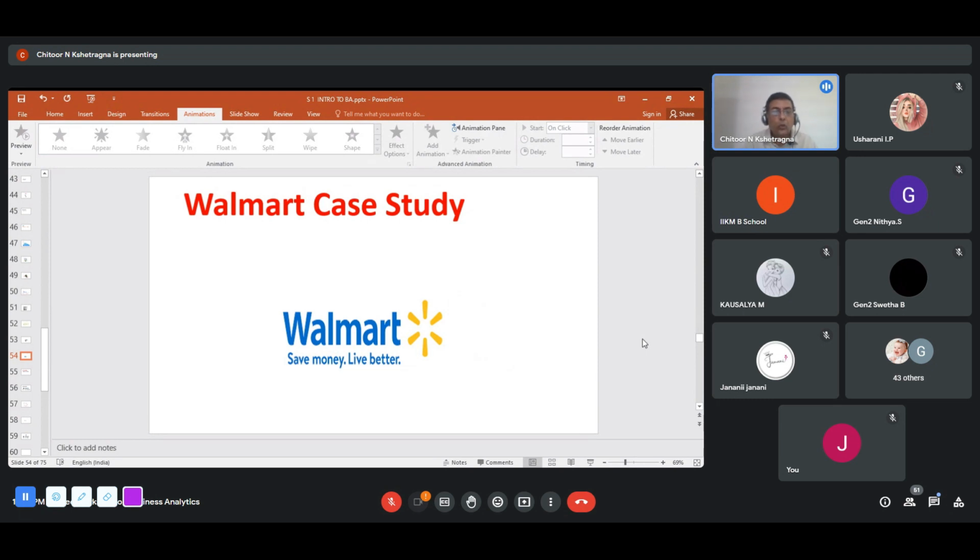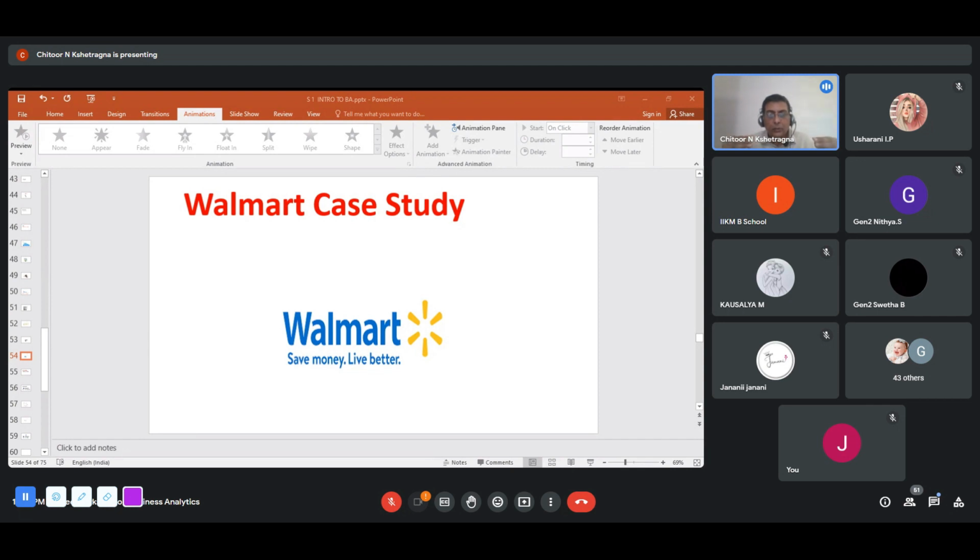I'm not too sure how many of you know Walmart, the world's largest company in terms of revenue. Let me give you some numbers. 573 billion was the revenue of the company in 2022 or 23. No company comes nearer to that revenue. So what is revenue? Revenue is the number of units they sell at what price. That's revenue. Revenue is income.